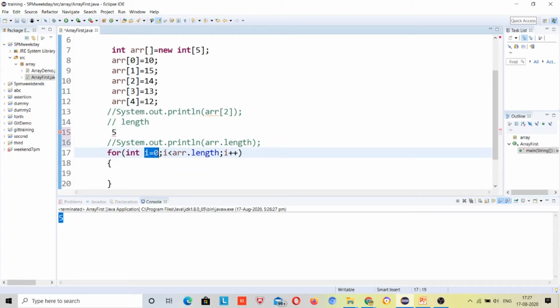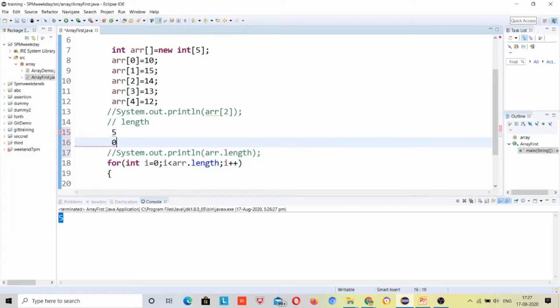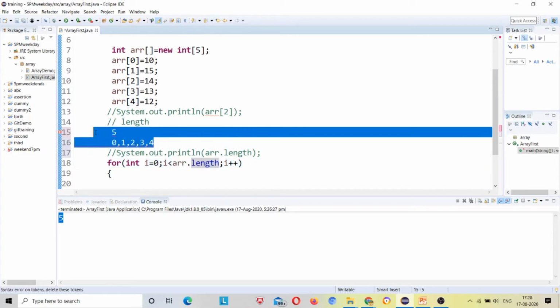So I will first run for 0, then it will run for 1, then for 2, 3 and 4. You can count, these are 5 times, right? That's why our last value should be less than 5, right? 4 is less than 5, so the condition should be less than 5, just because this 4 is there.